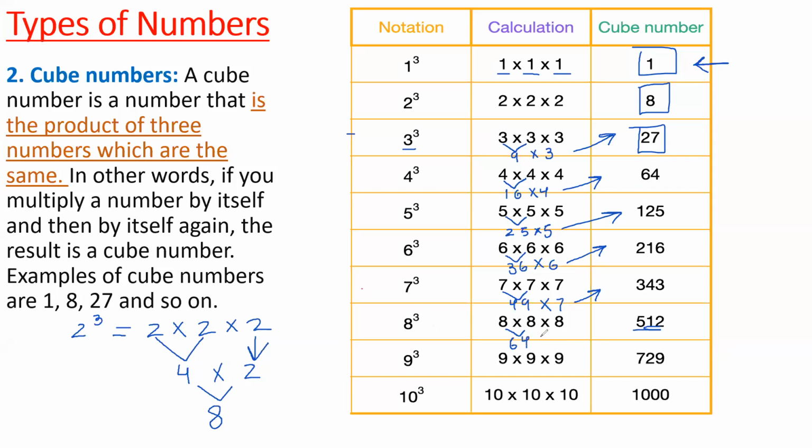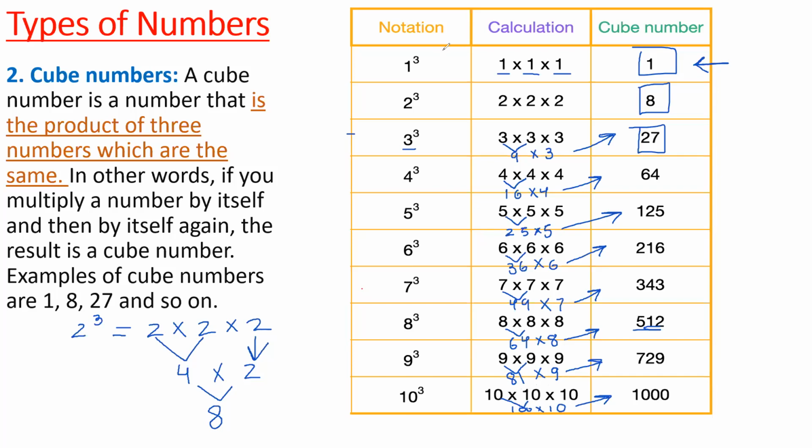64 times 8, that's going to be what? 512. And then we do 9 times 9. What is 9 times 9? 81. And we multiply that by 9, and we get what? 729. And finally, 10 times 10 is? 100. We multiply that by 10, we get 1000. And so that's how we get our cube numbers, multiplying each square number by